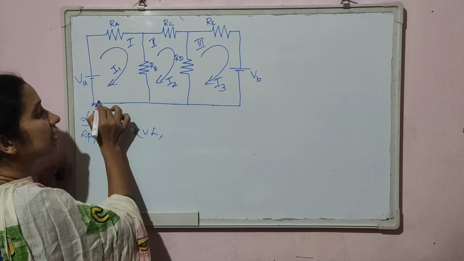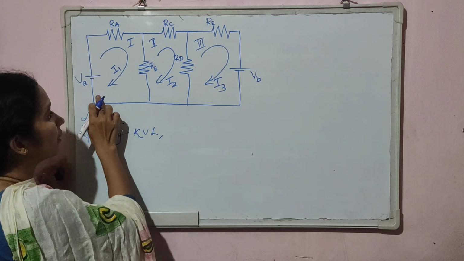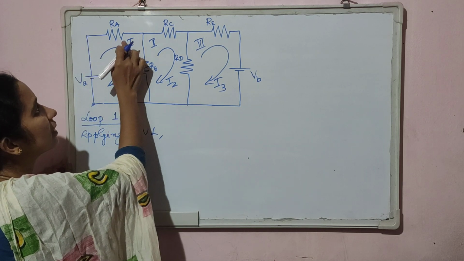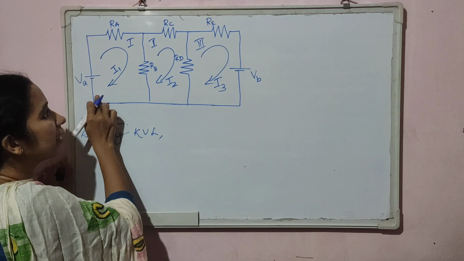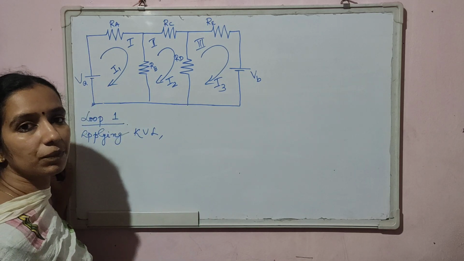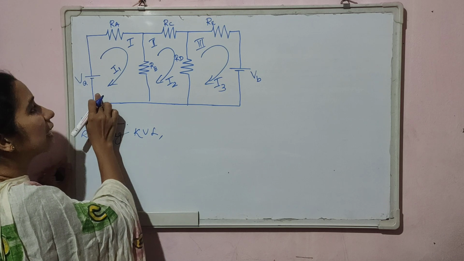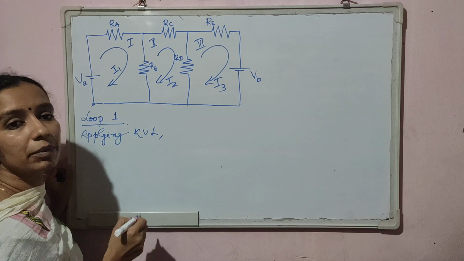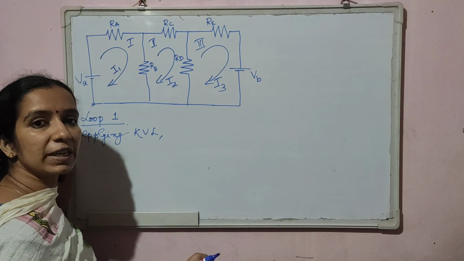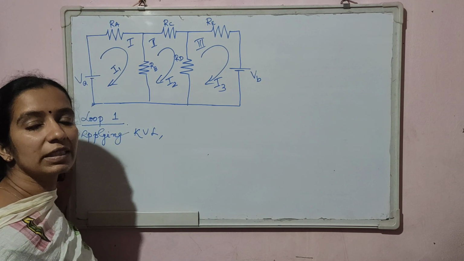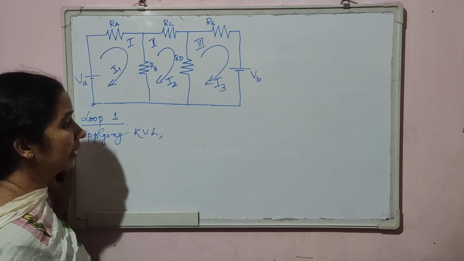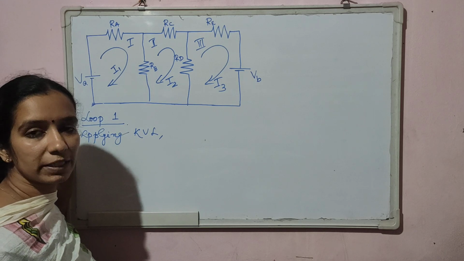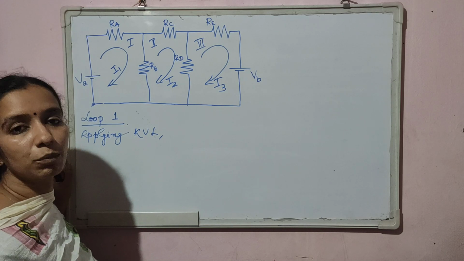So I am going to trace the circuit in clockwise direction. That means I will be moving like this. Starting from here, I will move like this path and like this. Okay. So when I am moving like this, I am moving from negative terminal to positive terminal of the battery. So from negative to positive of the battery, there is a rise in potential, and we know that all potential rises should be given a positive sign. All potential rises are positive.